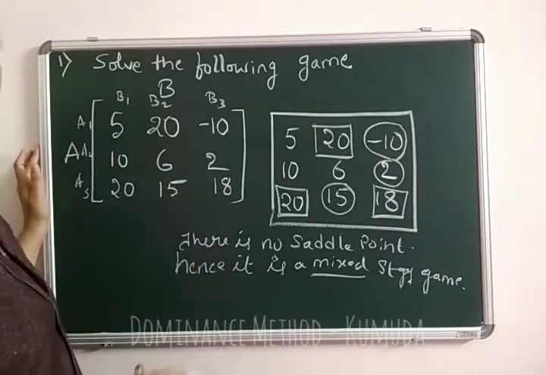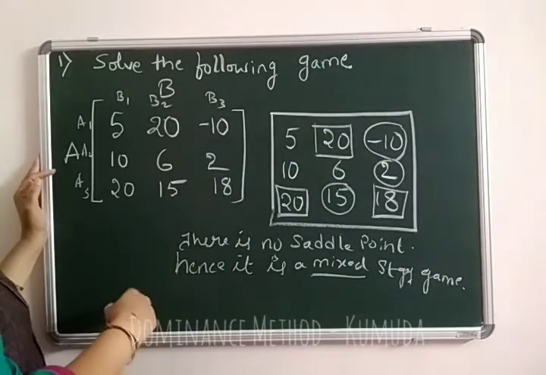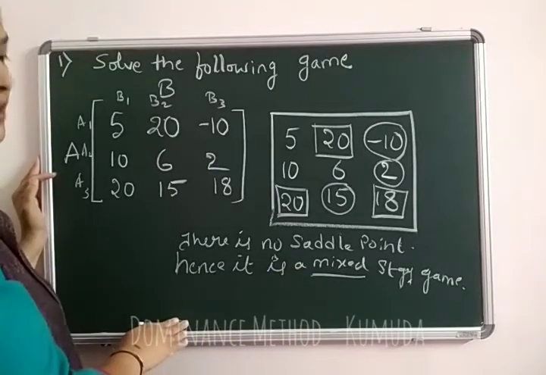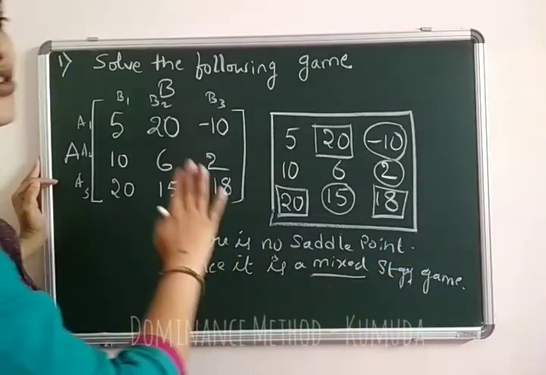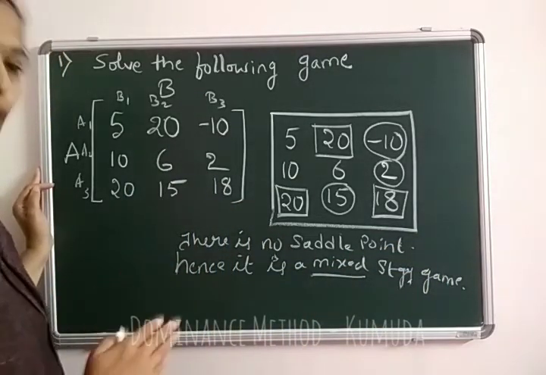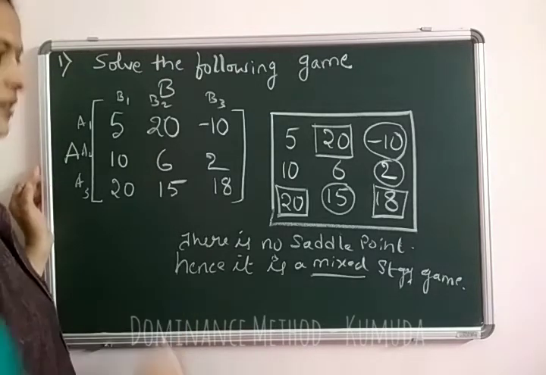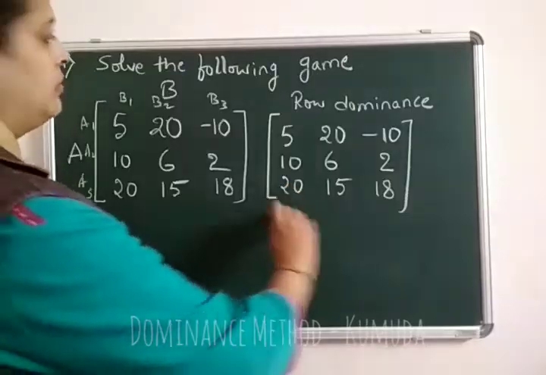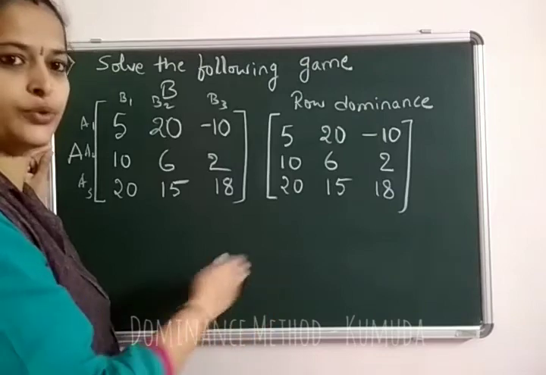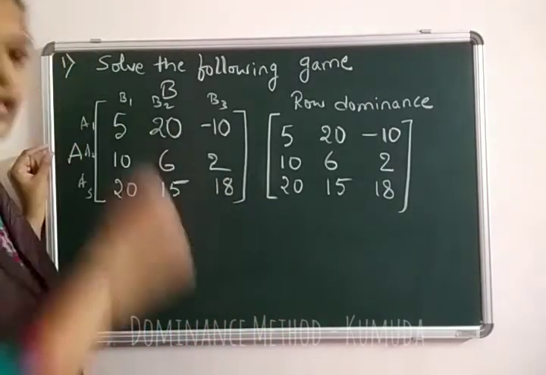Okay, the second step that we have to check is if the given matrix is 2 cross 2. If we have 2 cross 2, since it is a mixed strategy game, we can directly apply the odds method. But clearly it is not a 2 cross 2 matrix, so we cannot apply the odds method. So what we follow for this particular problem is called the dominance method. According to the steps, saddle point is not there, it's a mixed strategy, 2 cross 2 cannot be applied, that is, the odds method cannot be applied. Now we start with the rule of dominance.